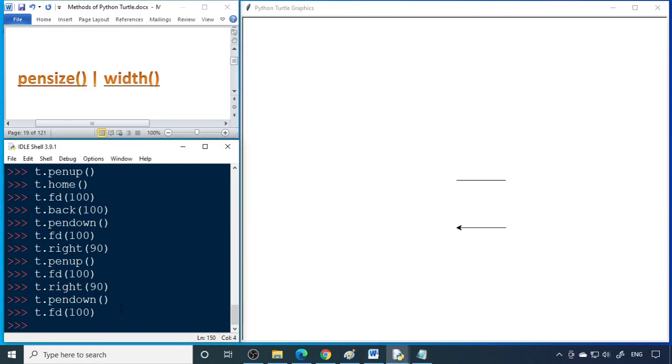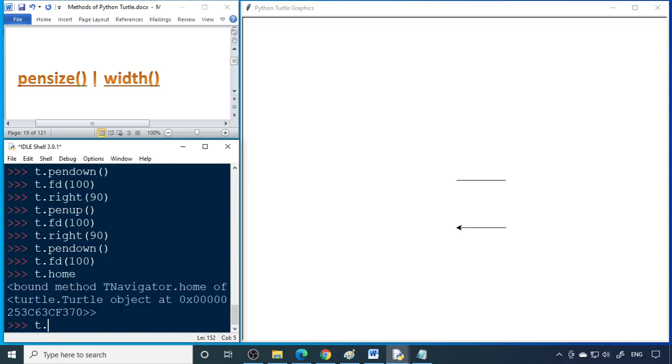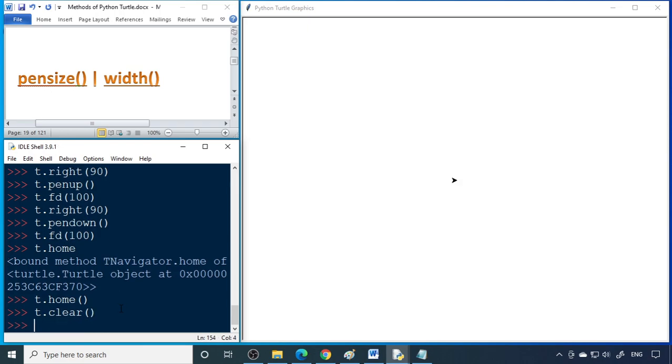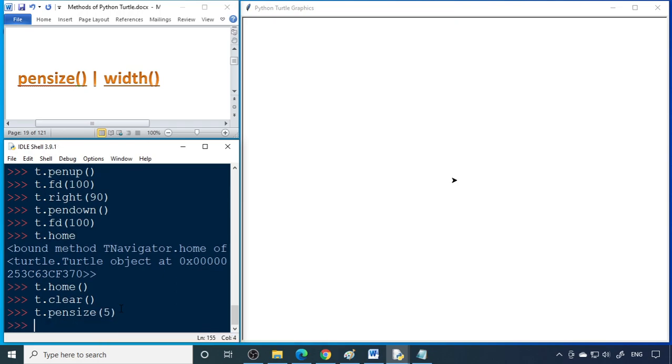Next is the pen size. Let us go back to home. T dot home. Let's clear. Now is the pen size. You want to make a bigger pen, so pen size 5. Now you can say T dot FD 100.